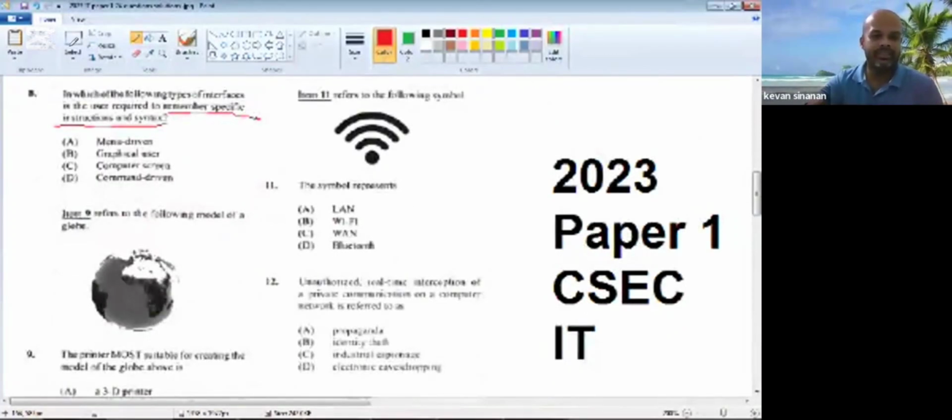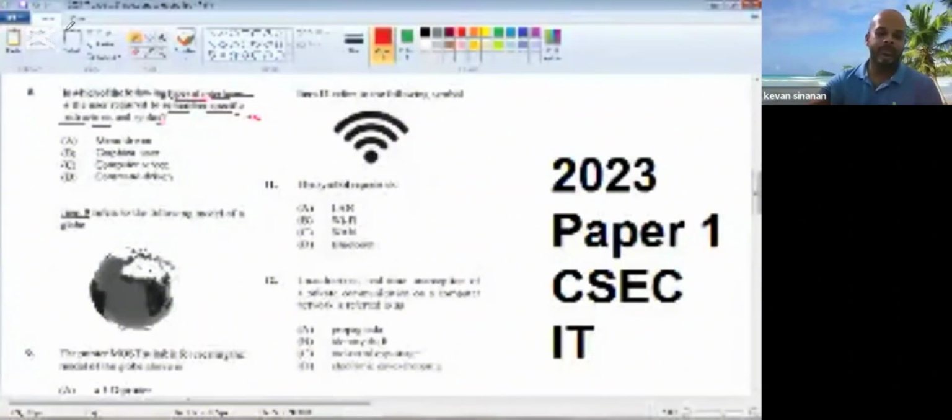Well, the question is asking about a type of interface. The different types of interfaces, and you're using one right now, if you're using Windows or watching this on your phone with Android, are graphical user interfaces. But when you're using a graphical user interface, you do not need to remember specific instructions and syntax. That would be those MS-DOS screens with the text and the black screen or the blue screen behind it, where you have to type in